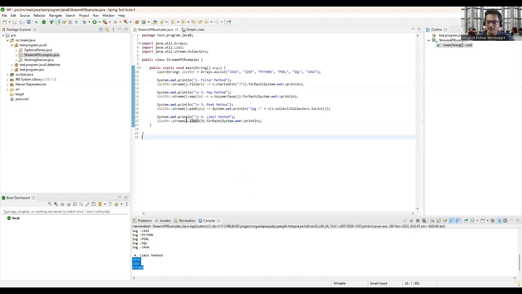And whenever the scenario is that I want to print only the top some number of elements, for example, the first rank, or the element with the maximum salary employee, and minimum, least salary, like those scenarios, you can use this limit. Limit by one means it will always take the first from that list. Okay, friends, we'll go to the next method,